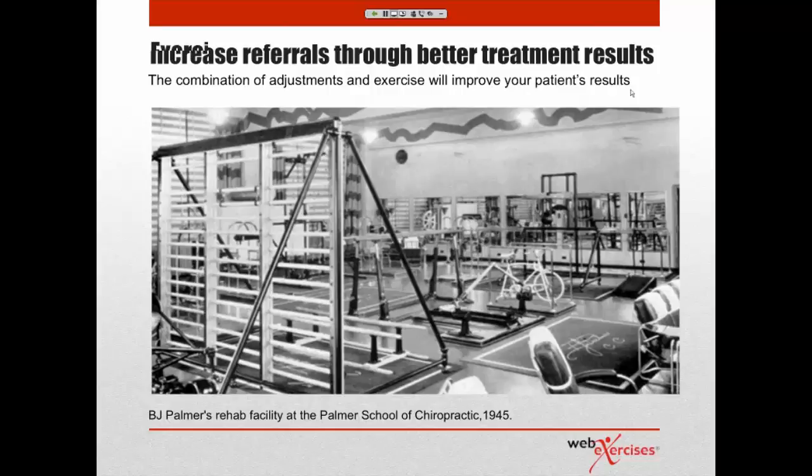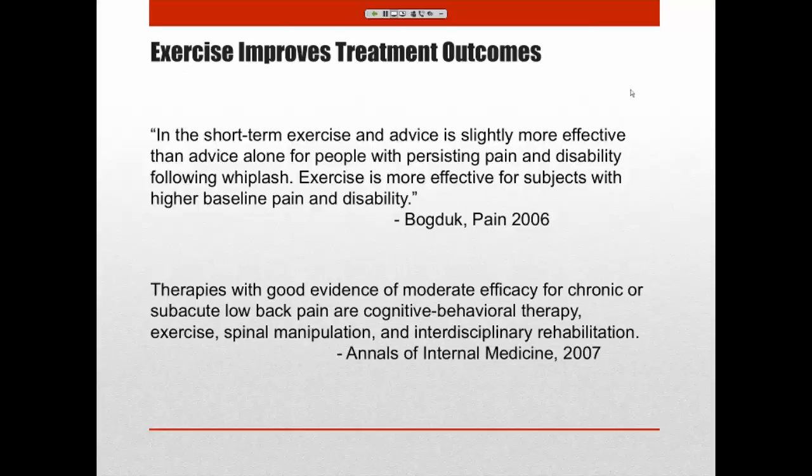So when we talk about just improving outcome, we see it with whiplash from acute injuries. If you look at this article and this quote from Bogduk, the number one researcher with regards to the disc and his lumbar modeling with disc and spinal pain, he even talks about we need to be prescribing exercise for better outcomes. Or from the Annals of Internal Medicine, we need to include cognitive behavior, which is talking to patients, exercise, spinal manipulation, these interdisciplinary approaches, not just rest or pain medication. It is active care, it's exercise, which is so well established in the literature to give the best outcomes.